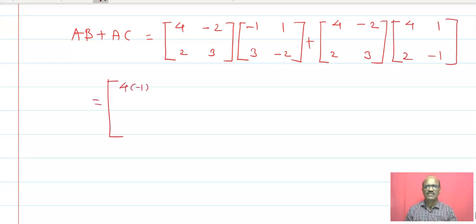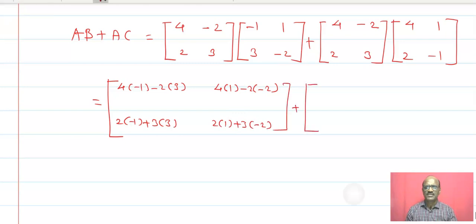Therefore 4 into minus 1, and next is minus first row, first column. Now see these are multiplication: first row, first column, first row, second column. Next is second row, first column, second row, second column,